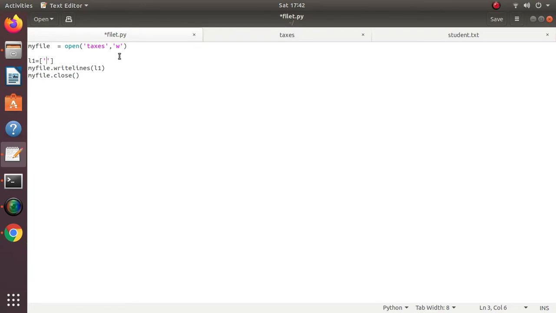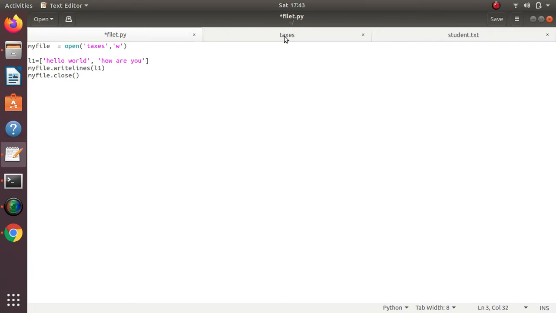So the first line will be the first list element, the second line in the file will be the second list element, the third line in the file will be the third list element. So each list element will be each line of the file. So hello world, how are you?